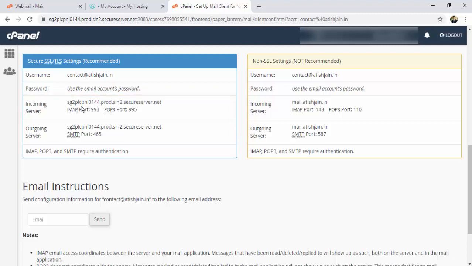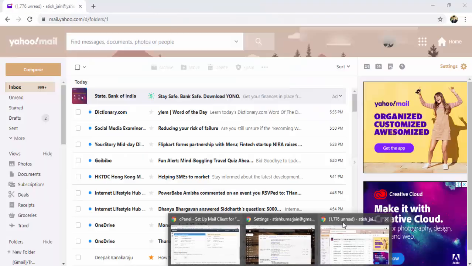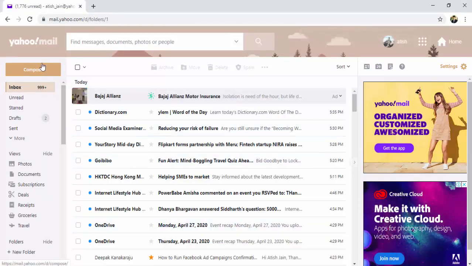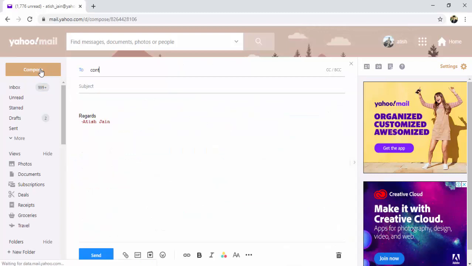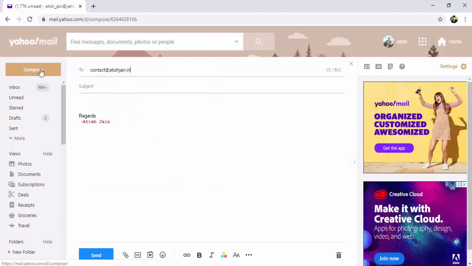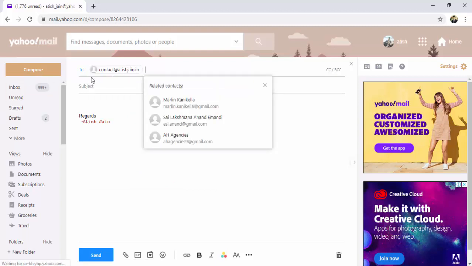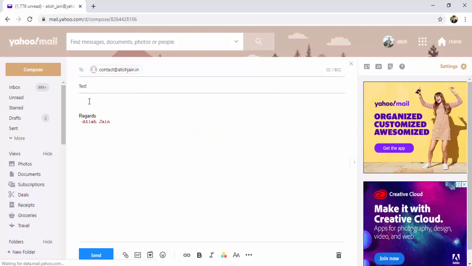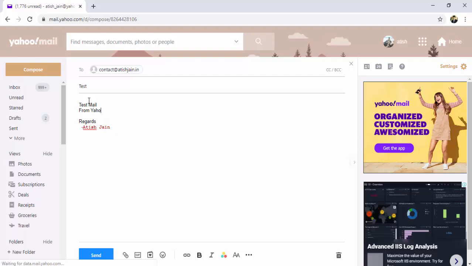Friends, now it's time to check whether we can send mail from one account to another account or not. For this I've opened my Yahoo mail ID, and from this Yahoo mail ID I'll send a mail to contact@atishjain.in, and this is my test mail from Yahoo.